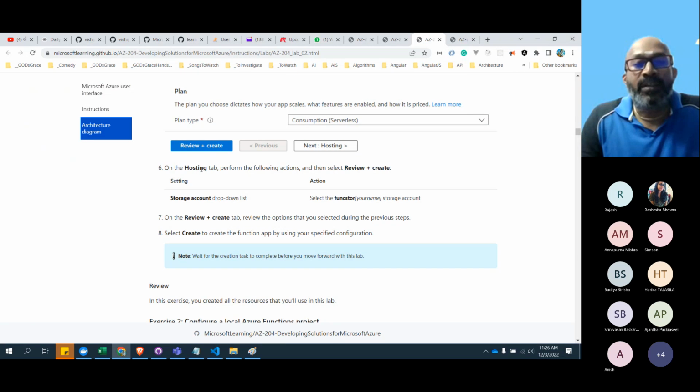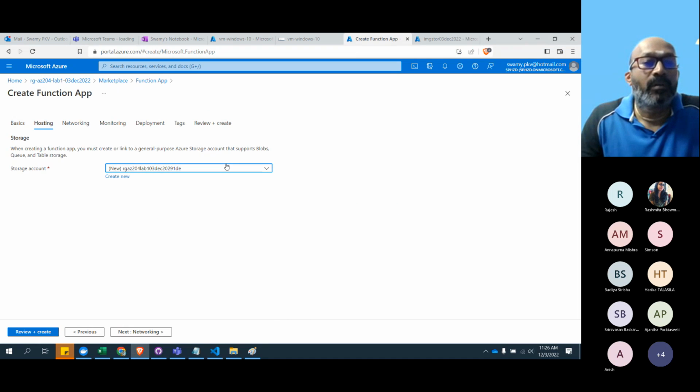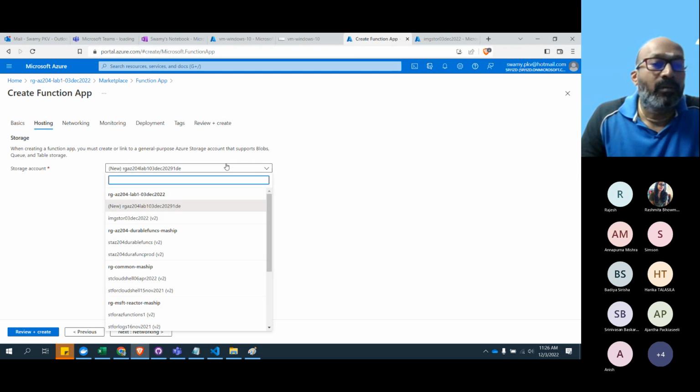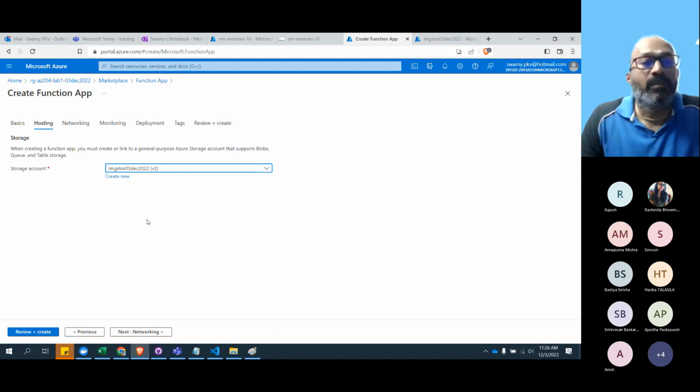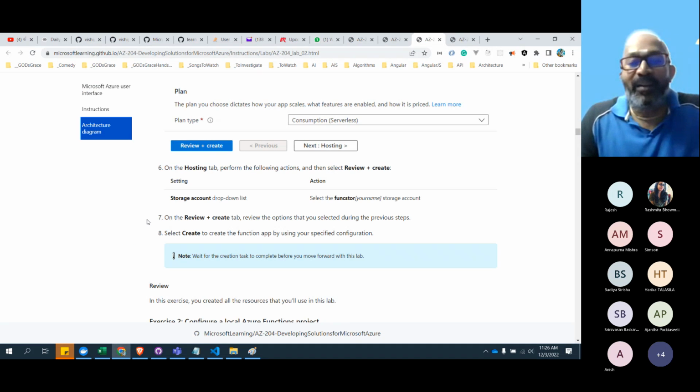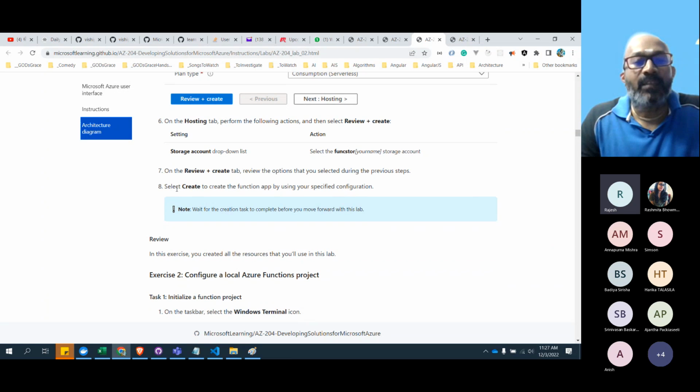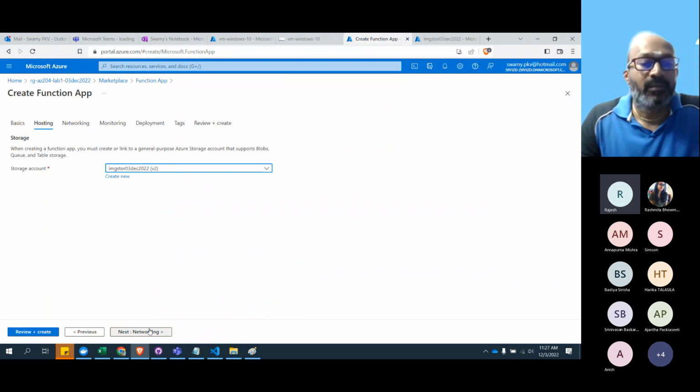And in the hosting tab, perform the following option. The storage account drop down. That's the one. I mean, we are reusing the same. So here we take func store. We are using it. Select create.